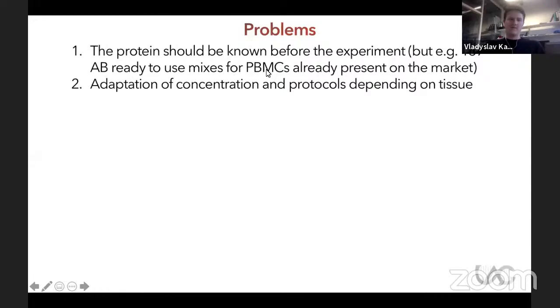But if you're working with PBMCs, it's a jackpot, because all the protocols that come with the antibodies and concentrations are based on PBMCs. So in that case, it's not a problem. But if you're working with some exclusive tissue or some exclusive compartment, it's a little bit hard at the beginning to adapt all the protocols. And the third one, of course, and the most crucial one, is the sequencing cost